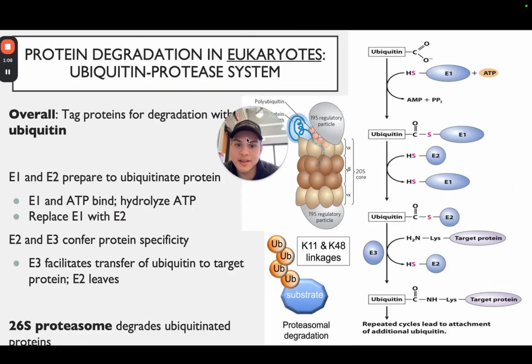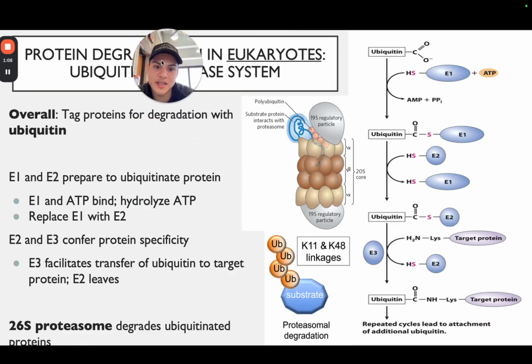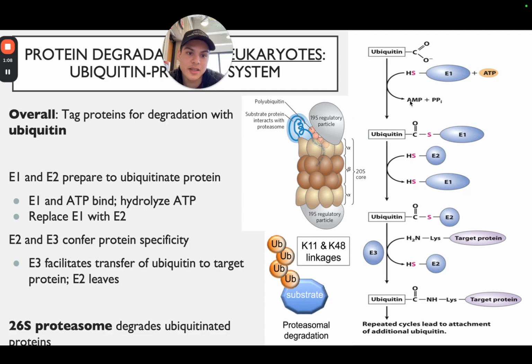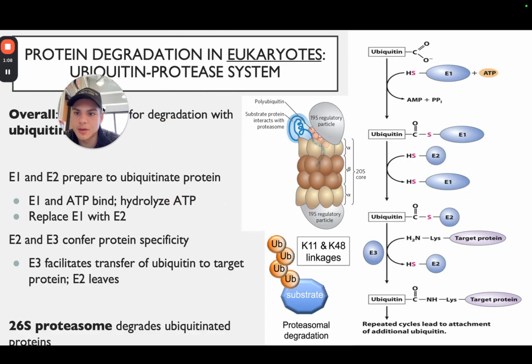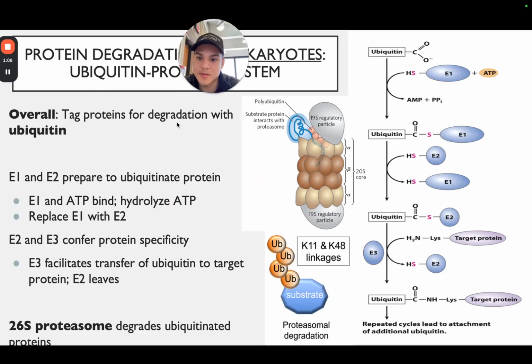And then protein degradation in eukaryotes, we have this ubiquitin protein system where ubiquitin is going to attach itself onto the target protein, and it's going to be a signal saying, hey, cell, we need to degrade this protein because it's not useful. So that's what the ubiquitin protease system is. It tags the proteins for degradation with the ubiquitin as their signal molecule. And so E1 and E2 prepare the ubiquitinated protein. So as you can see here,